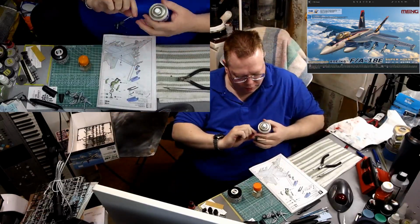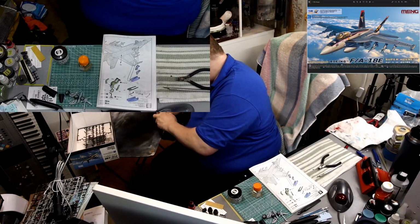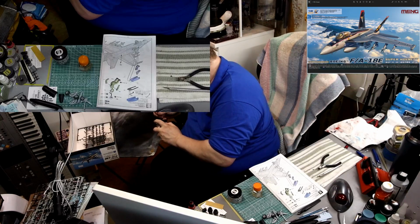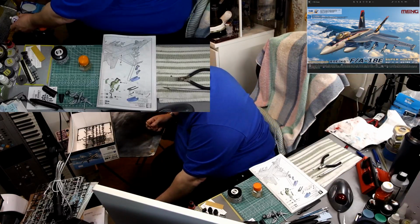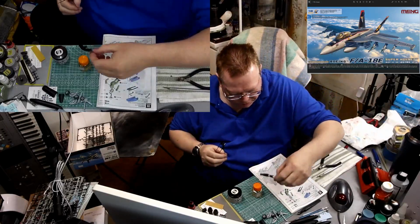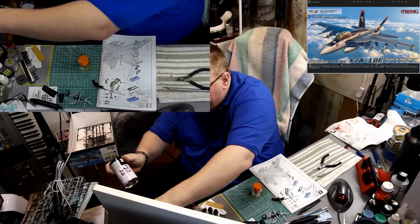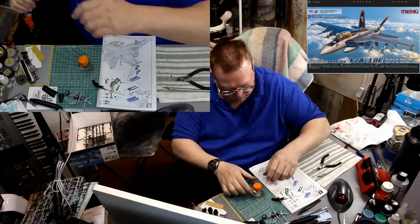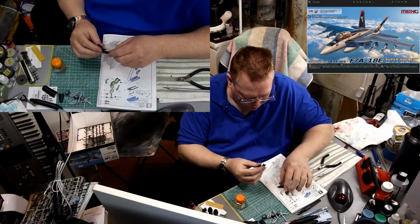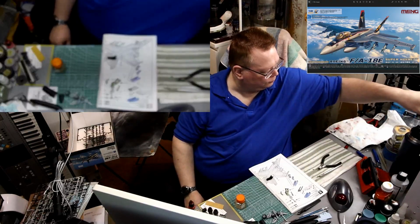Alright, so let's give this a coat of paint. Alright, so that's now nice and wet and shiny, which means it's been a few minutes, so that's probably dry. Let's swap them out. Get that away. So we have our pilot seat. Yes, it is dry to the touch. There we go. Okay, so